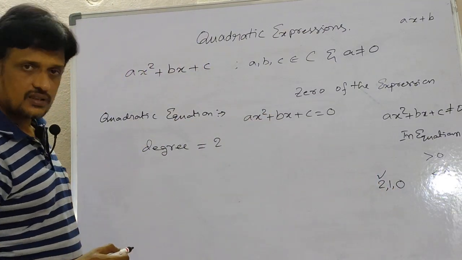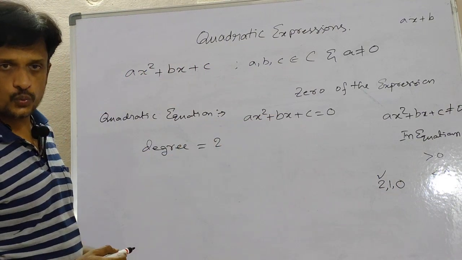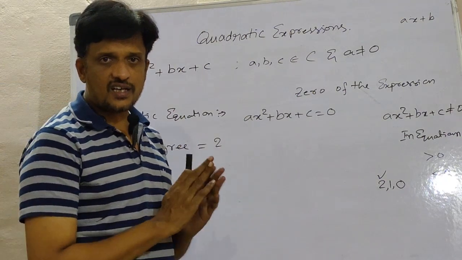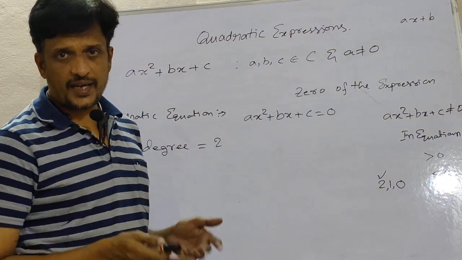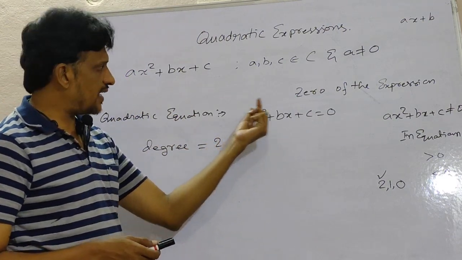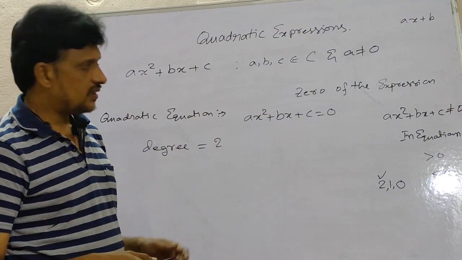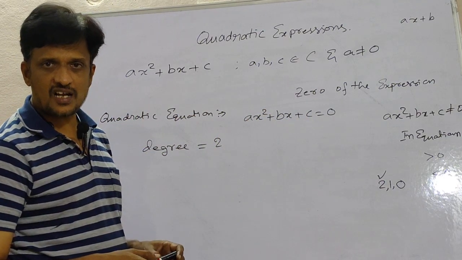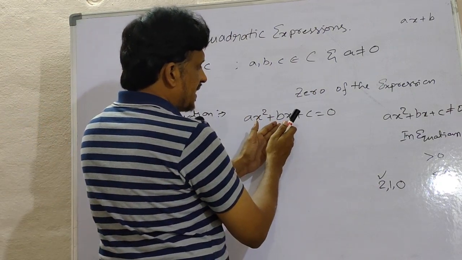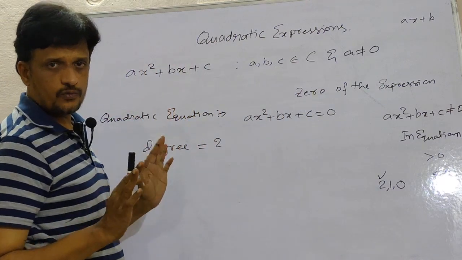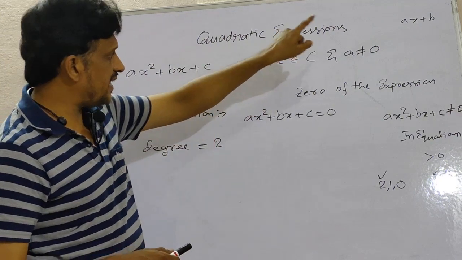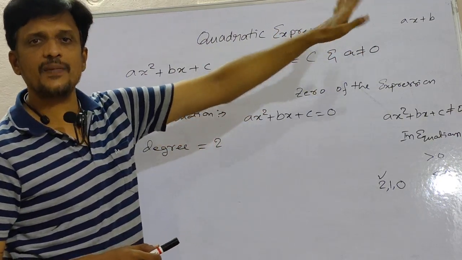So the degree of the quadratic equation is 2. That means the highest power of x here is 2. So we will not get any x cube term and there is no x power 4 term like this. The power of x is always either equal to 2 or less than 2. So these are the three different terms you can get here: constant, x and x square. The coefficient of either the x term or the constant may be zero, no problem, but the coefficient of x square should be a non-zero value. That is why a is not equal to 0 and b, c are real or complex numbers.